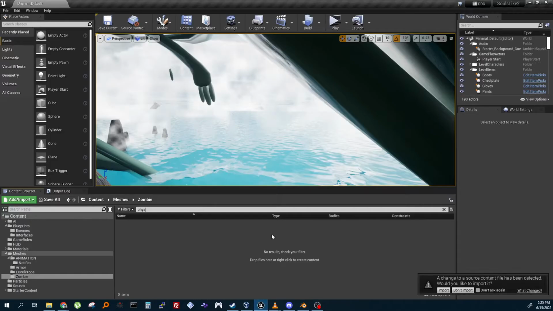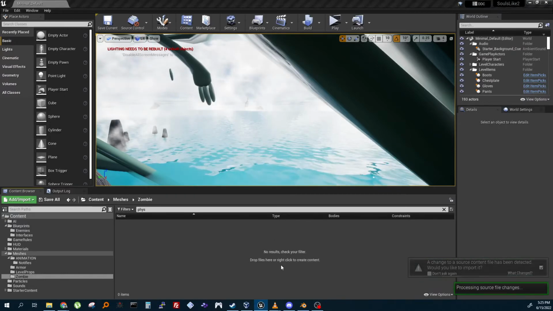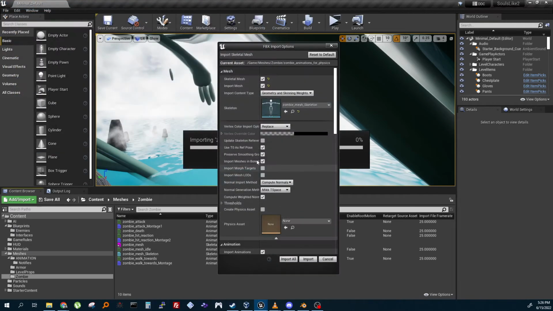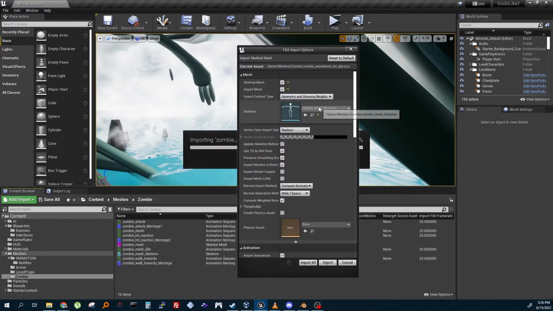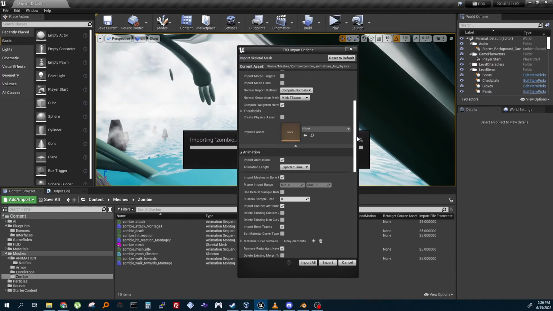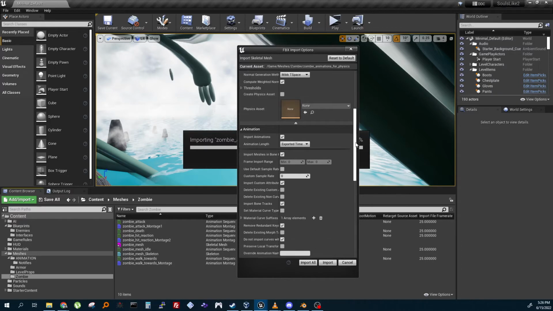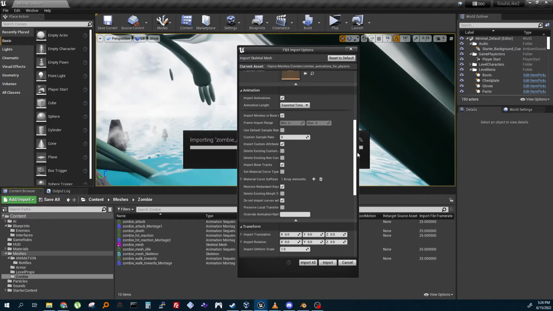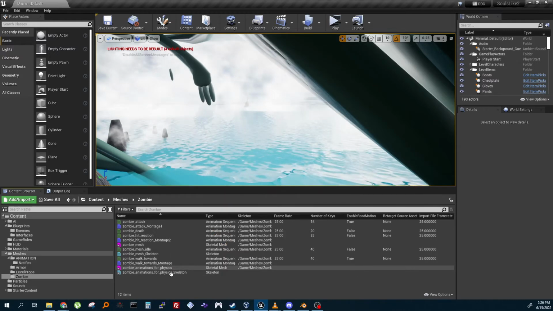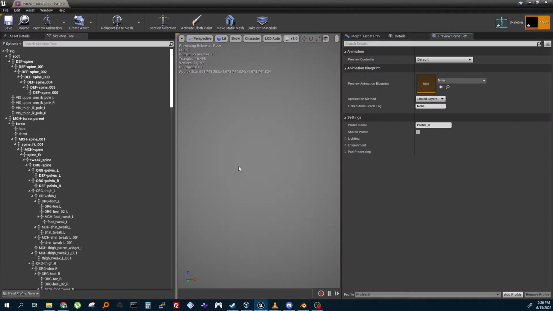Now, go back to Unreal Engine, import, zombie animations for physics. Okay, well now it wants to come up. So we're going to generate a new skeleton, skeletal mesh, import mesh, geometry and skin weights. Yeah, okay, fine. It shouldn't generate a physics asset because I don't have that checked, and I'm going to do that manually anyway. But I'm going to import all, and I'm going to open up my mesh just to check this guy out